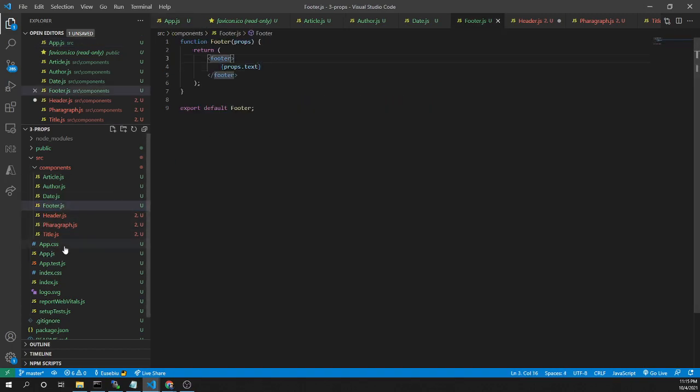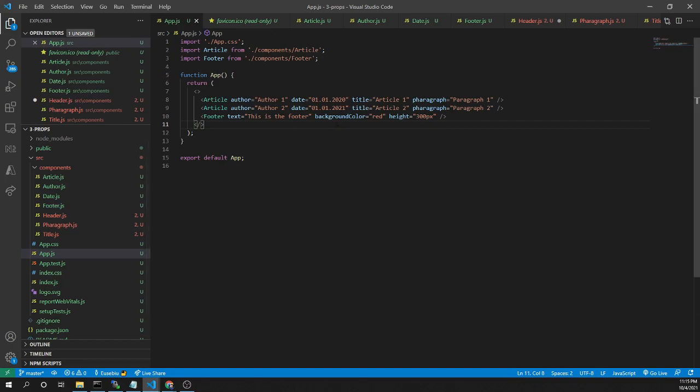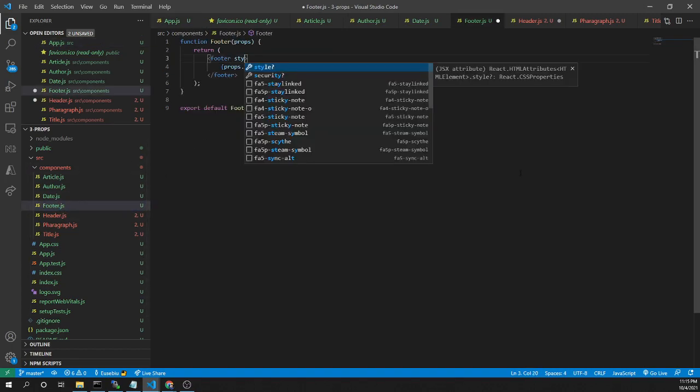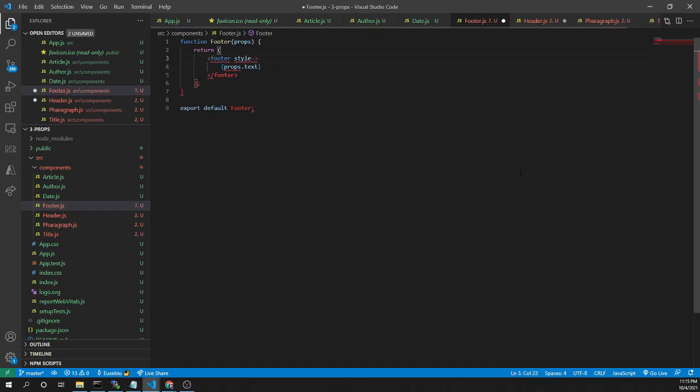Okay, and now we see that in the footer I'm sending a property with the name background color and another property with the name height. So these are some styles. So in my footer component I need to use these styles. So I have the style attribute, and here I need to add an object with the styles.